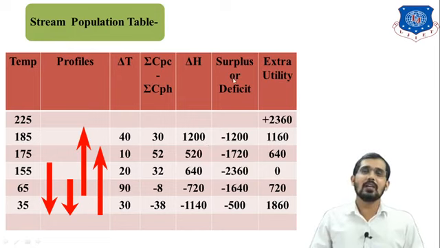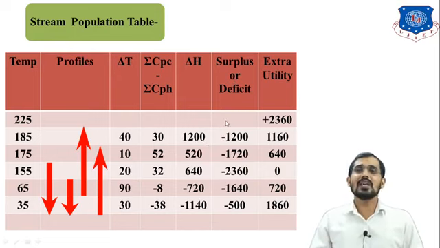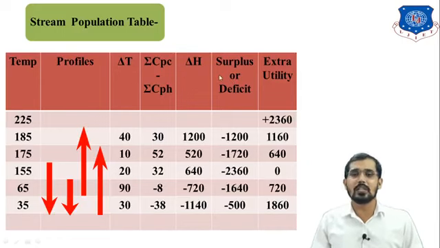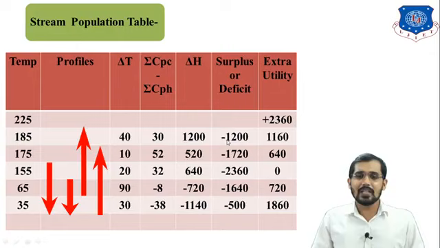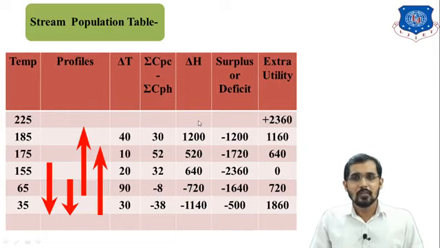After that, surplus or deficit means if there is any increase in heat or decrease in heat, you can calculate it by using the surplus or deficit values. So how to calculate this surplus or deficit? You can see here minus 1200. Minus 1200 means previous heat minus initial heat. Previous heat is nothing but empty, means 0. 0 minus 1200 is nothing but minus 1200. This is previous value minus initial value, so you get minus 1200.